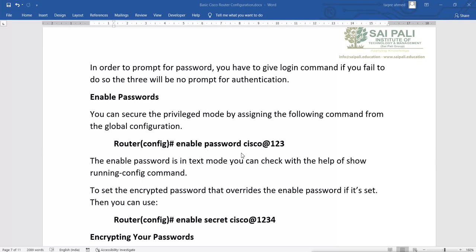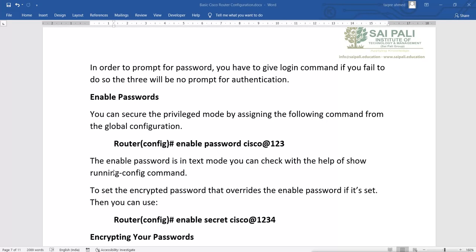That is why we can use the privilege mode password also. And because you cannot go to the privilege mode, you cannot go to the configuration mode also. Now here we can configure the password, that is called enable password.